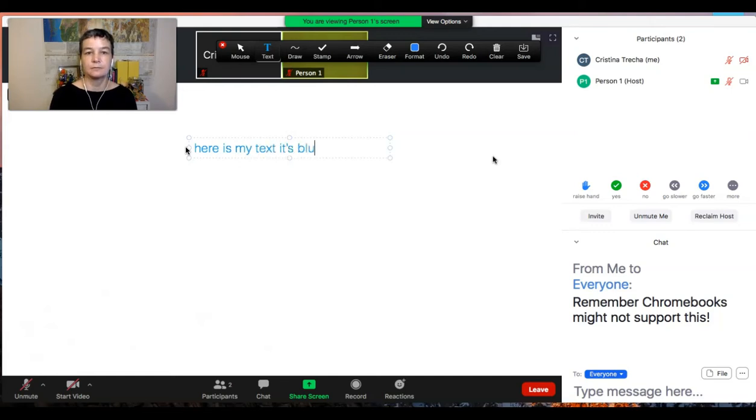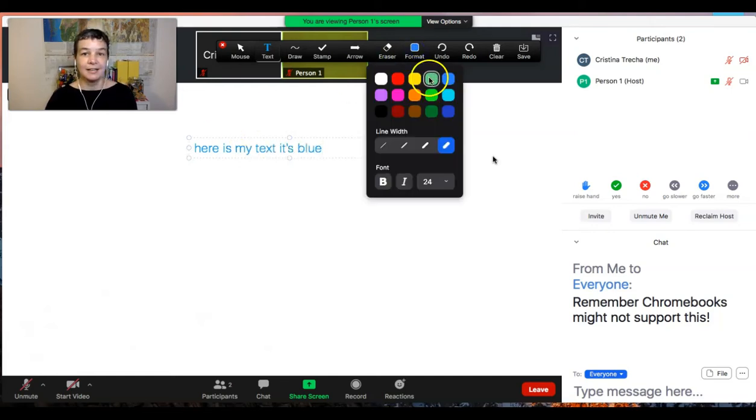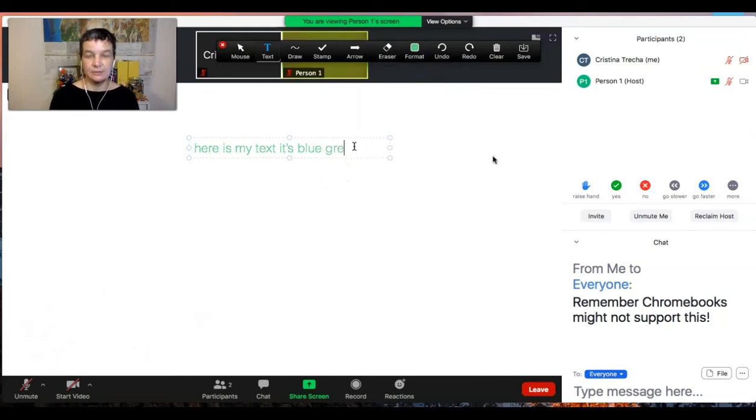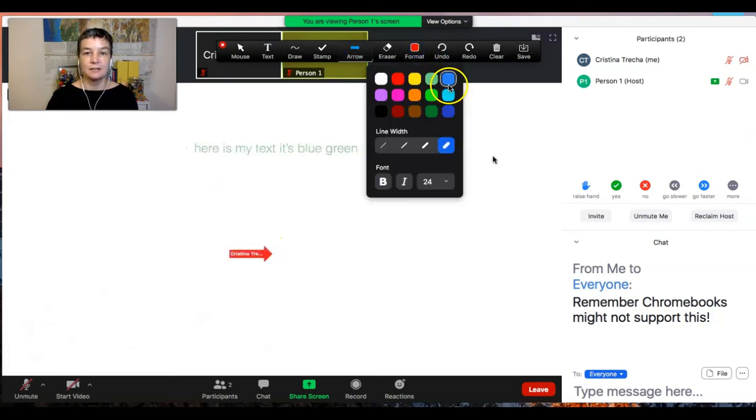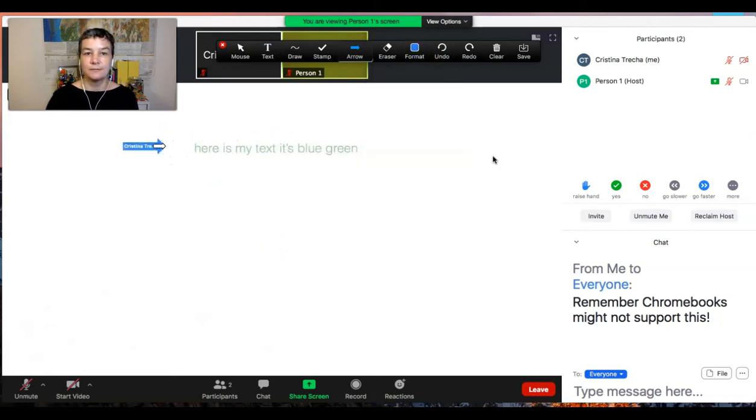It's blue. I can make it another color by going to Format. I can make it green. Now it's green. I can draw arrows. Right? My arrows are red. I can make an arrow blue. You'll see my name on there. That's because the host setting is set to put names by who's annotating, so you can actually see who's contributing